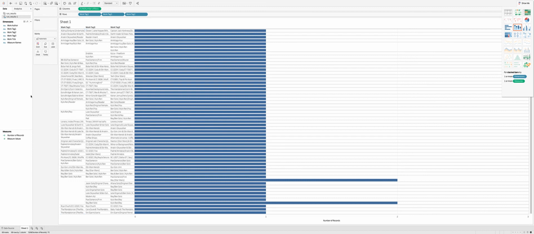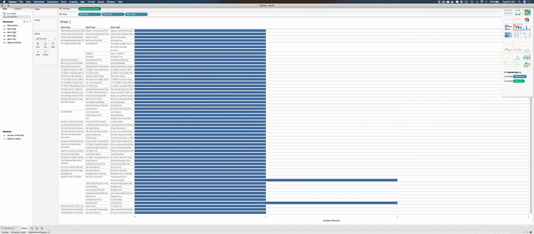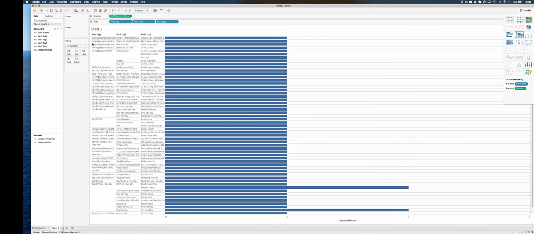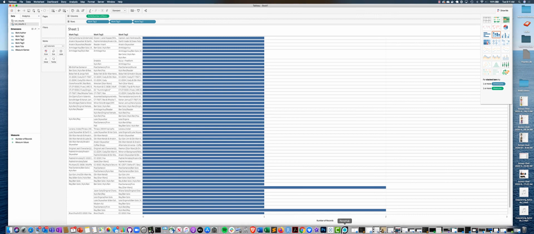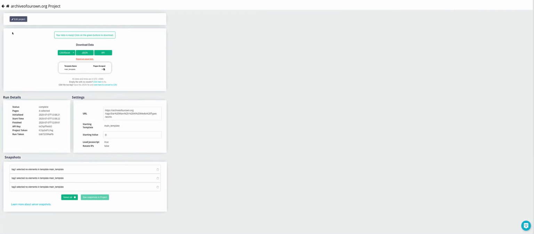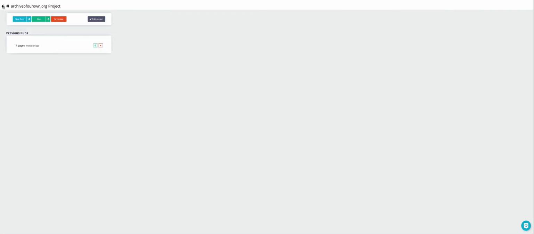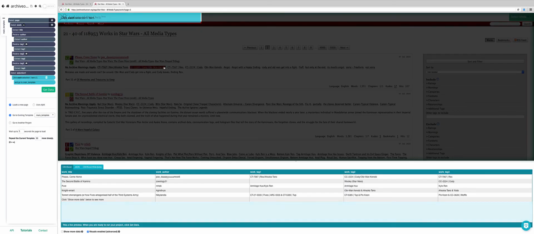Okay? So it takes a lot of cleanup here, but you can see the kind of power in looking through something like Archive of Our Own and figuring out what kind of data you can extract from it, right? And you can see you could do this from a whole bunch of different aspects. The other thing that you can do